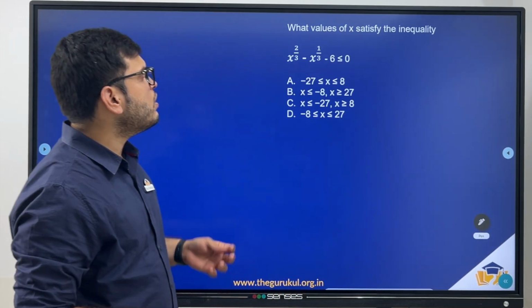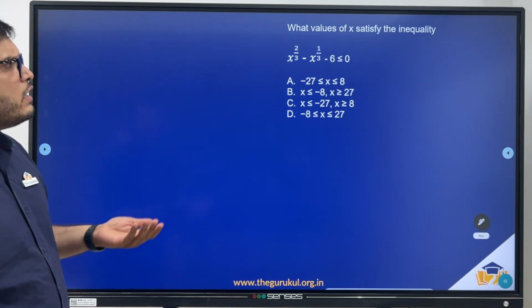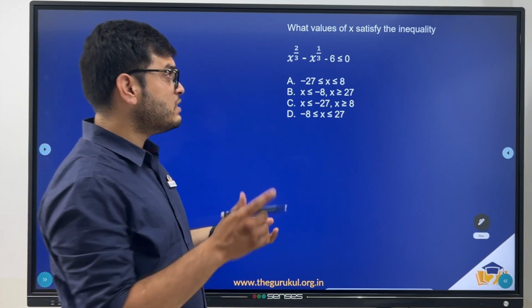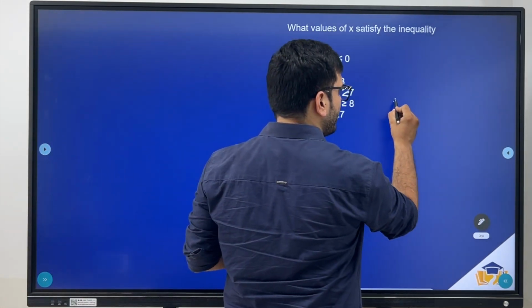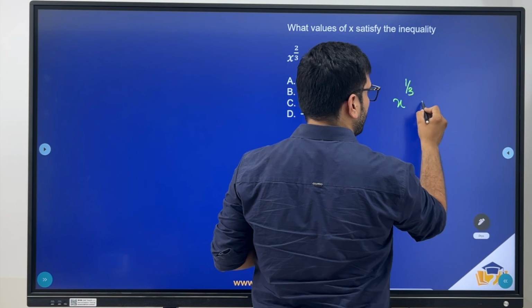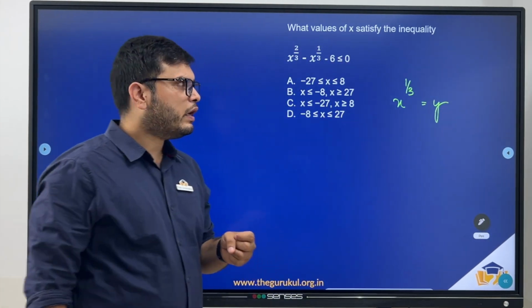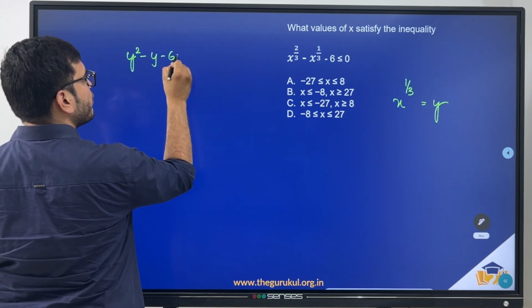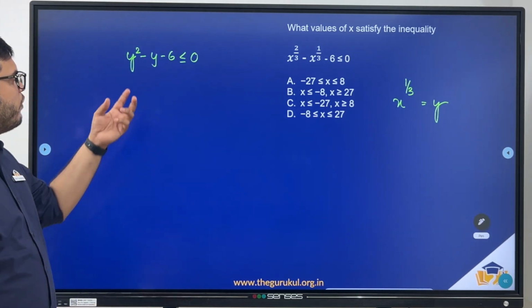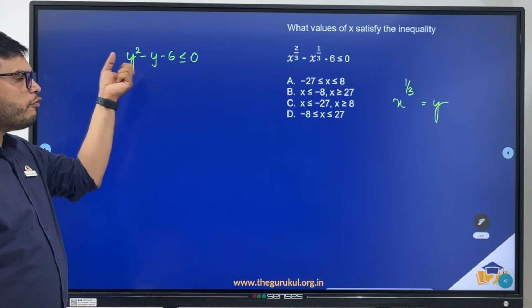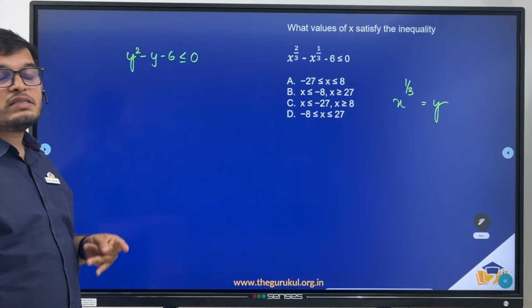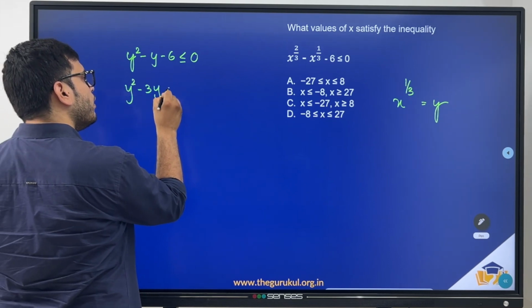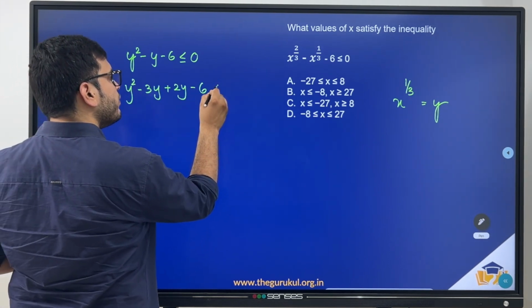Now coming to the third question, what values of x satisfy the inequality x power 2 by 3 minus x power 1 by 3 minus 6 less than or equal to 0. Now let me consider x power 1 by 3 as y. Then this inequality becomes y square minus y minus 6 less than or equal to 0. Now we need to find two numbers such that the product of the two numbers is minus 6 and the sum is minus 1. So I'll write this as y square minus 3y plus 2y minus 6 less than or equal to